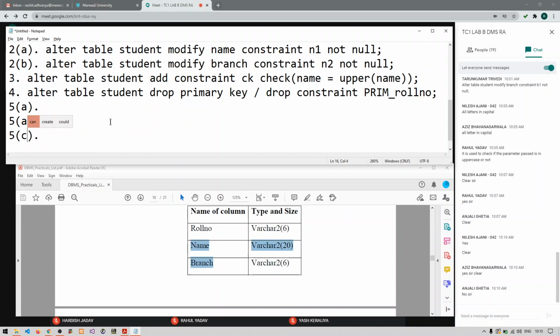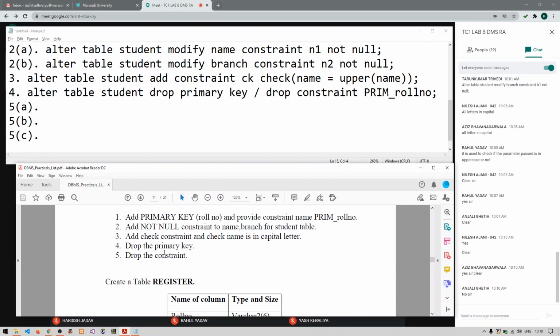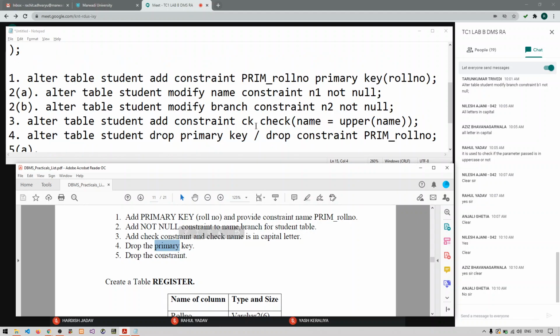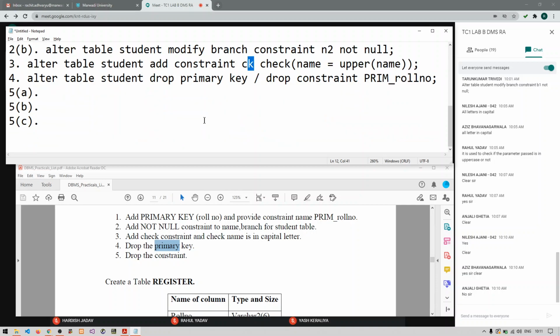My fifth query is: drop all the remaining constraints from the table. So we have removed the primary key constraint, right? Now I have N1, N2 and CK constraints in my table. I want to delete all these constraints. So can anyone tell me how to write the answer?